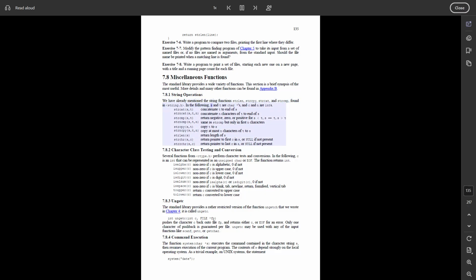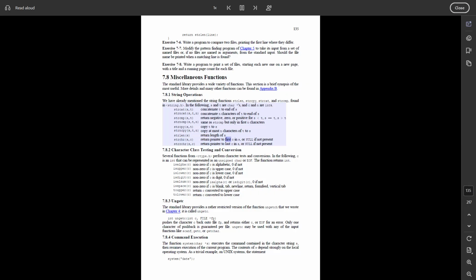In the following, s and t are char *'s, and c and n are ints. strcat(s,t) concatenates t to end of s; strncat(s,t,n) concatenates n characters of t to end of s; strcmp(s,t) returns negative, 0, or positive for s < t, s == t, or s > t; strncmp(s,t,n) is the same as strcmp but only in the first n characters; strcpy(s,t) copies t to s; strncpy(s,t,n) copies at most n characters of t to s; strlen(s) returns length of s; strchr(s,c)